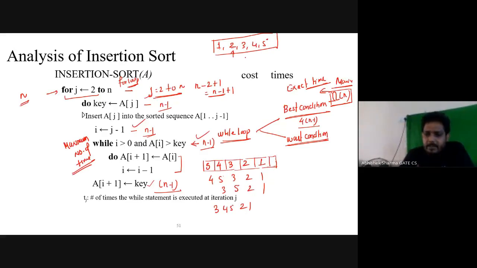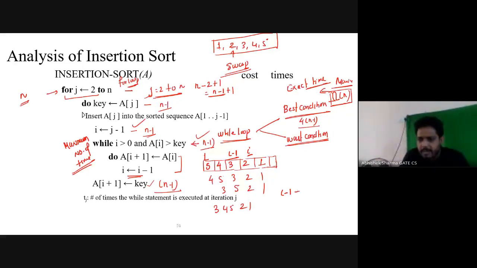The worst case will occur when you are swapping every time, when every iteration will cause a swap. Correct? So now if you are at I, because I is the iteration over here, the worst case will occur when this will run from 1 to I minus 1. Because this is iterating on I, that will run on 1 to I minus 1. That means how many times will it run?